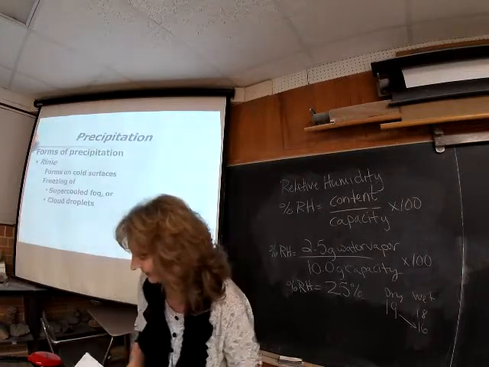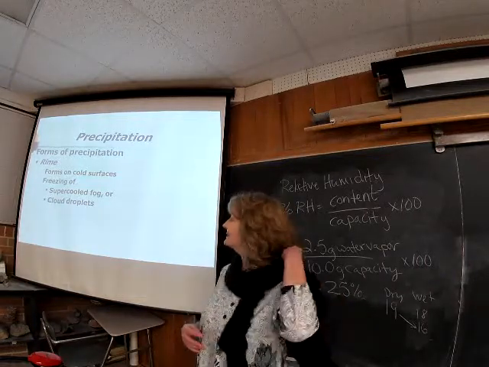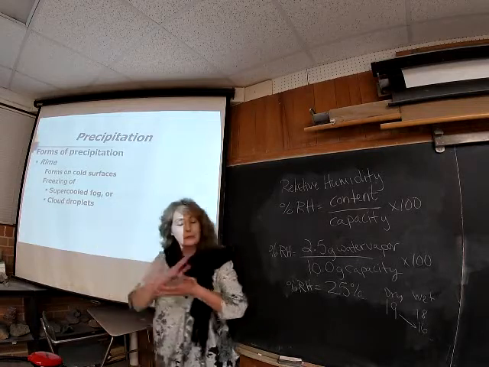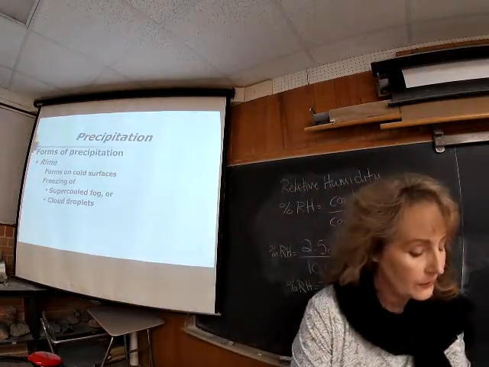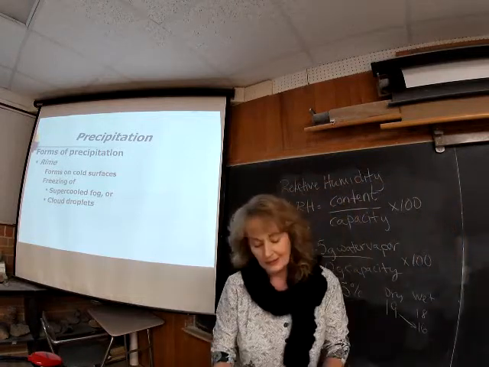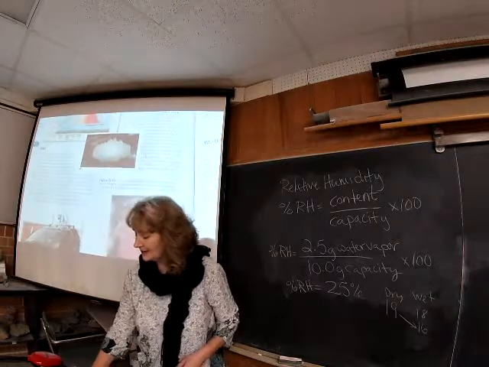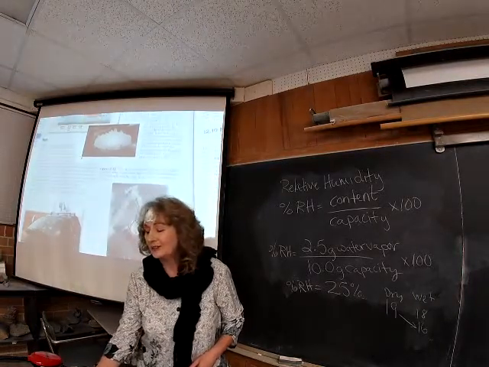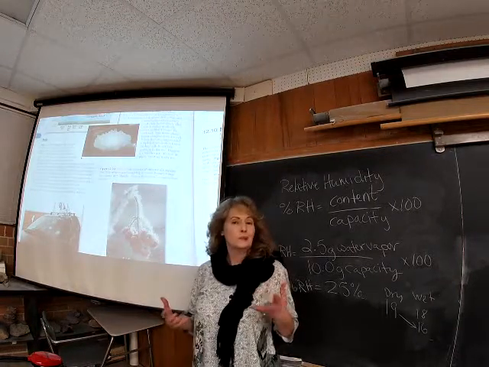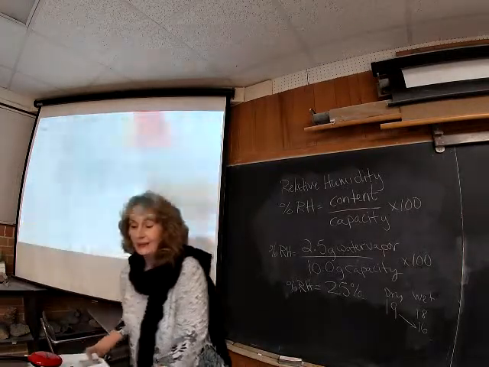Okay, let's see here. Rime. So rime just forms on cold surfaces, freezing of supercooled fog or little cloud droplets, and sometimes you'll see the rime. Oh, here was a beautiful picture of some of the rime. Little delicate ice crystals that form when supercooled fog or little cloud droplets freeze on contact with objects, and so you kind of see the wind direction there blowing those, but that's some rime. So those are various scenarios of precipitation that we can get.